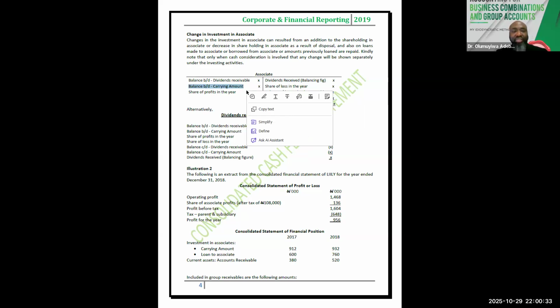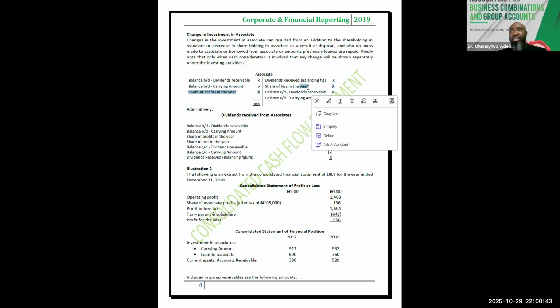Now, when we share profit in an associate, it increases our investments. That's why it's debited. Otherwise, when we make a loss in an associate, it reduces our balance. That's why it's credited here. Similarly, the sum of our opening balance and share of profit or loss in an associate should equal our closing balance in the consolidated